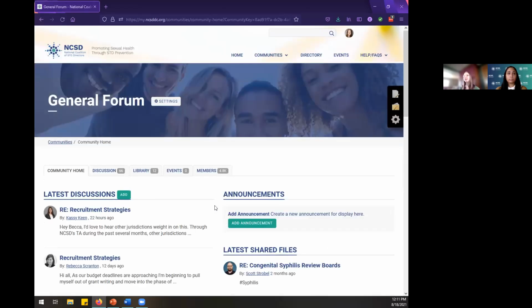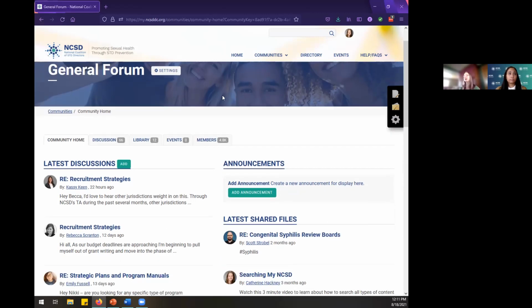So once we open up and click into one of those communities, which you really can do from anywhere in the site, even on the homepage where we're seeing the most recent discussions, it'll tell you the name of the community that the post was made in, and you can click on the name there to access the rest of the content specifically within that group. Just to be very clear, the general forum is a separate space than the Clinic Plus community, which is separate from the DIS community.